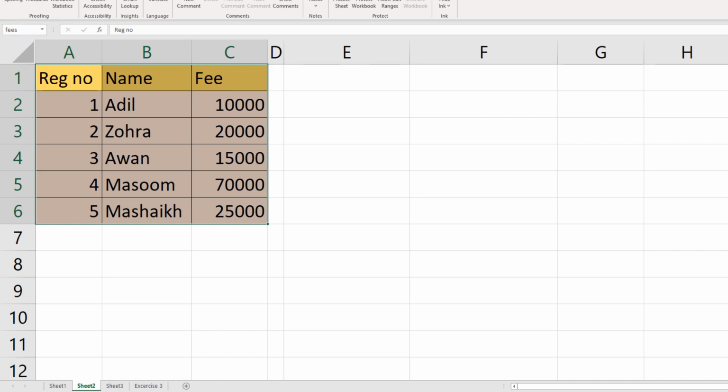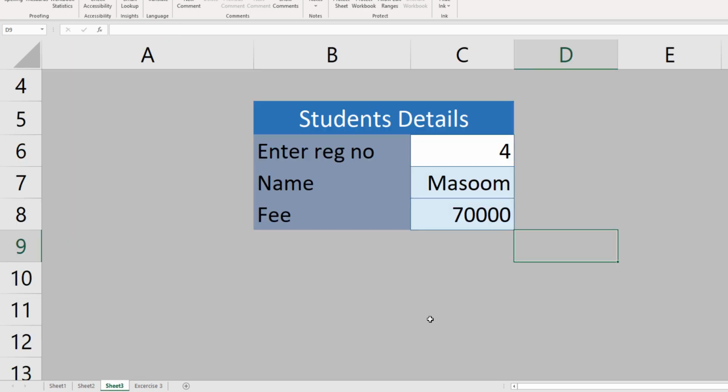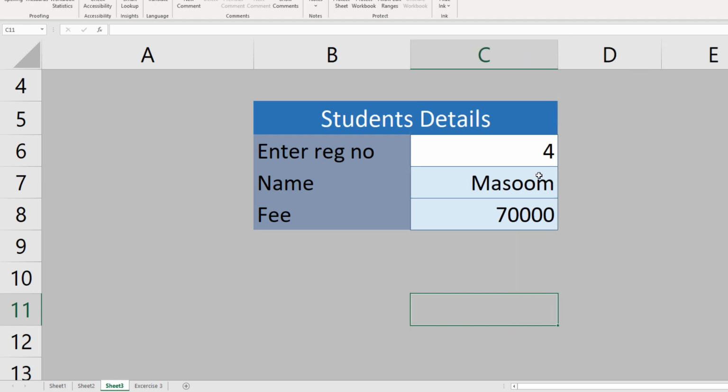Okay, so now let's go to our search form. We don't have anything in these cells as of now. This cell is the input cell where the data entry operator will enter the registration number, and these two are the output cells which should display the student name and the student fee.